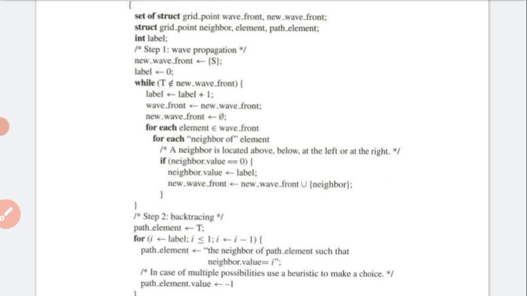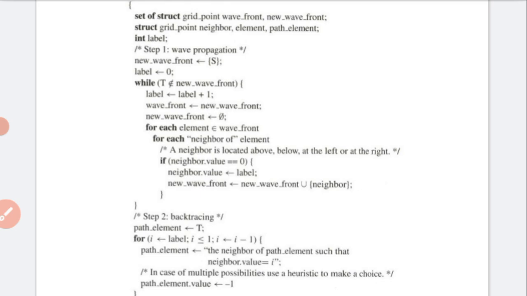The points belonging to the same wavefront receive the same integer value label, which is increased by 1 for subsequent wavefronts. That we will understand from figure A. This is shown in the algorithm zone. This wavefront, while numbering it, goes around the obstacles also. We know it clearly from figure 9.1b.